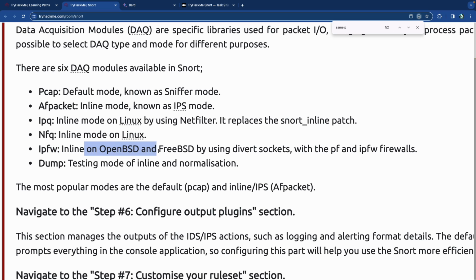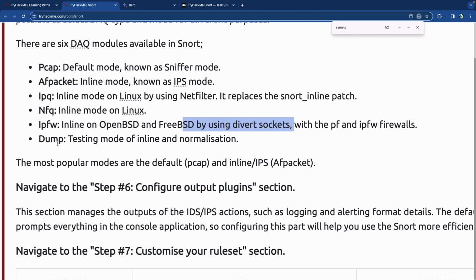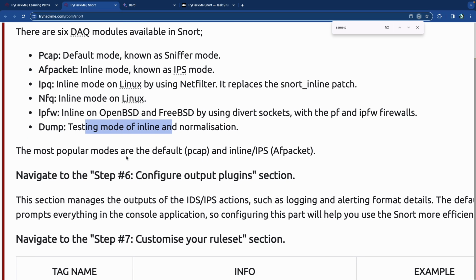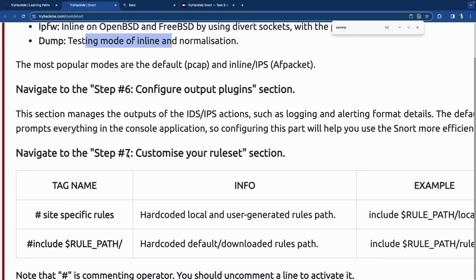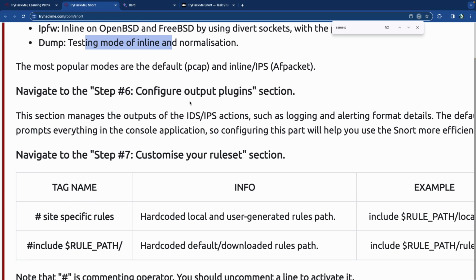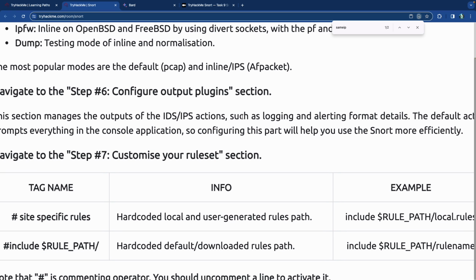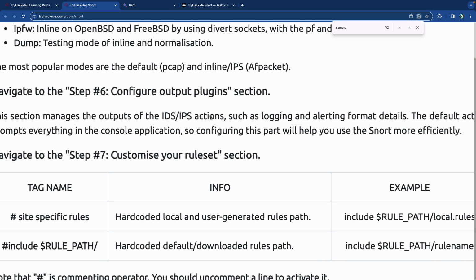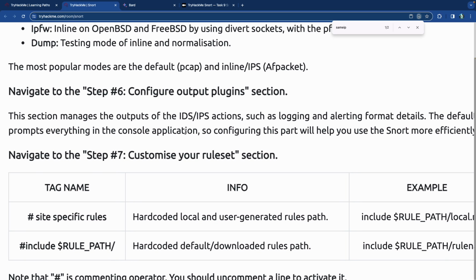IPFW is inline on OpenBSD and FreeBSD with the PF and IPFW firewalls, and testing mode of inline normalization. So the most popular modes are the PCAP and the inline IPS packets. And so then we get to step 6, which is configure output. It manages the outputs of the IDS/IPS actions such as logging and alerting formats. The default action prompts everything in the console application, so configuring this part will help you use Snort more